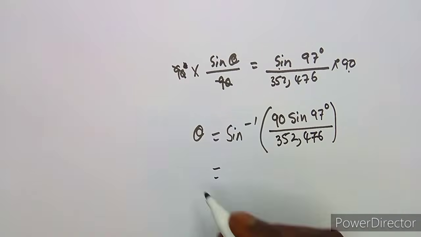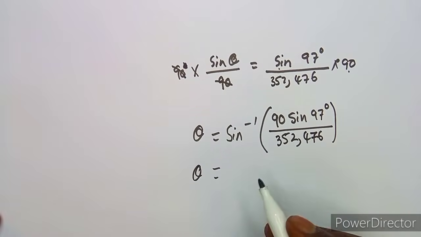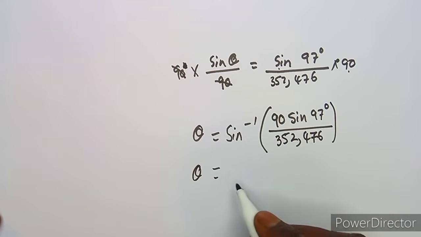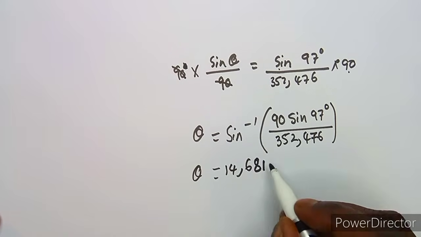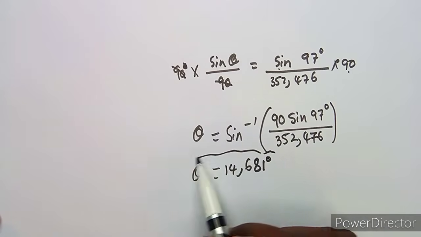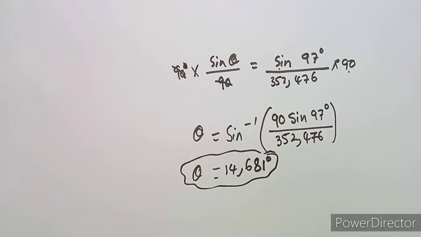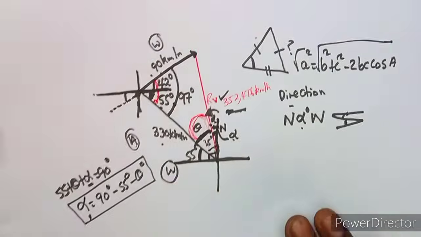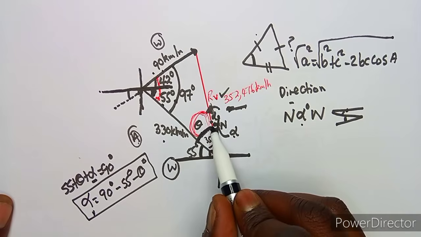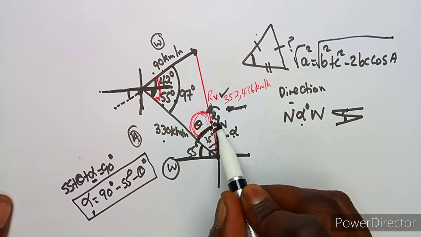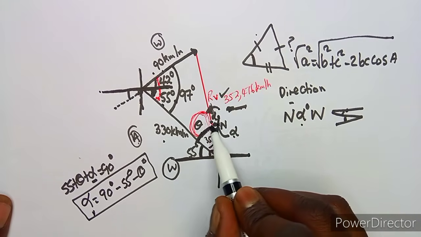All right, so let's find our theta, guys. So our theta is going to, make sure that your calculator is in degrees also. So your theta is going to be something like 14,68077, which is going to be 81 degrees. So this is our theta, but we say this is not our value because theta is inside this angle. It's inside the triangle, as we need the angle between the resultant velocity and the north pole. That is the one that is easier for us.